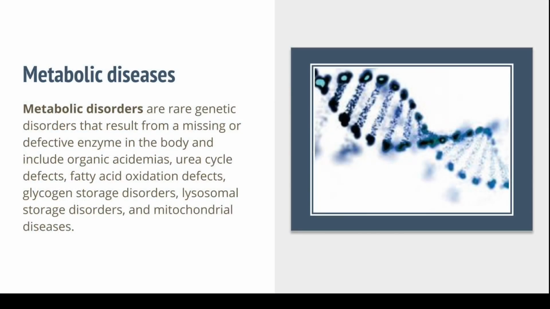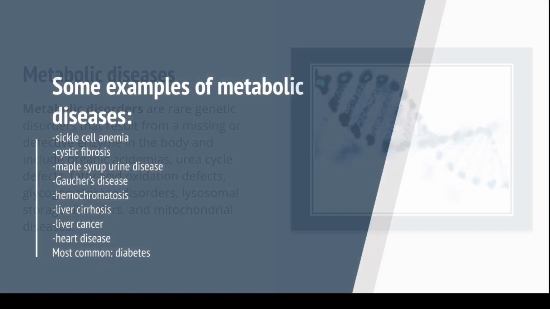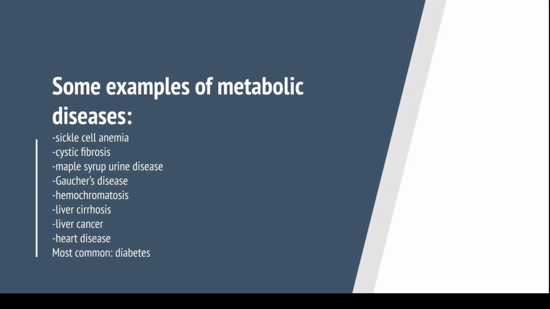Metabolic diseases, also known as metabolic disorders, are rare genetic disorders that result from a missing or defective enzyme in the body and include organic acidemias, urea cycle defects, fatty acid oxidation defects, glycogen storage disorders, lysosomal storage disorders, and mitochondrial diseases. Examples of metabolic diseases are such as sickle cell anemia, cystic fibrosis, maple syrup urine disease, Gaucher's disease,